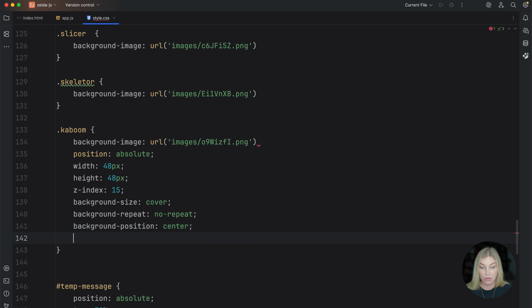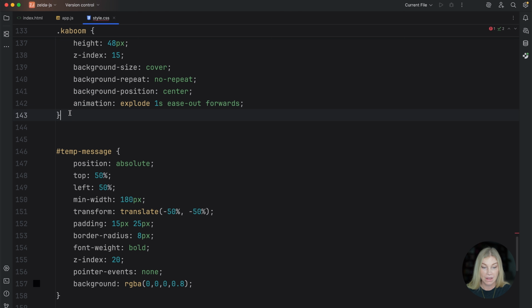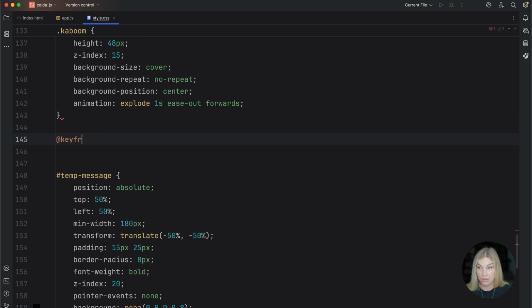One other thing I'm going to do is just write an animation. There's going to be explode, that's what I'm calling it. 1 second, ease out forwards is what I'm going to do. And now I'm going to get keyframes explode